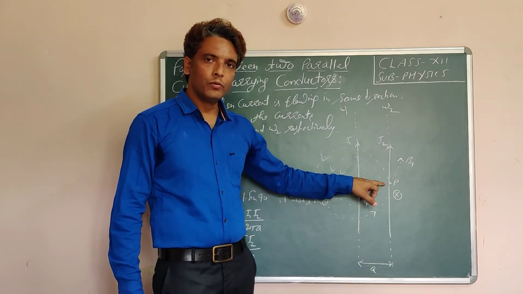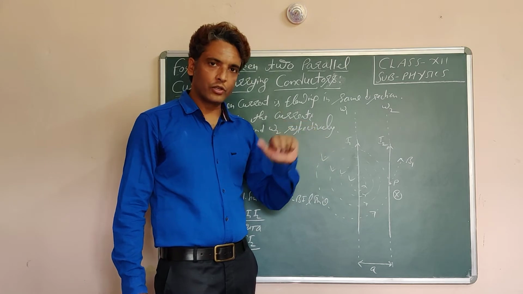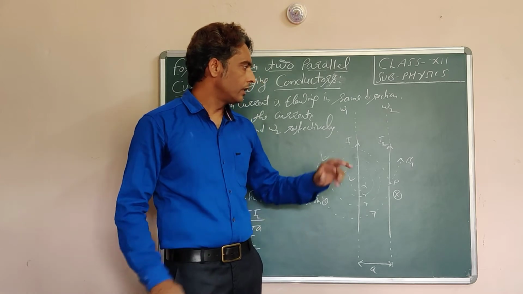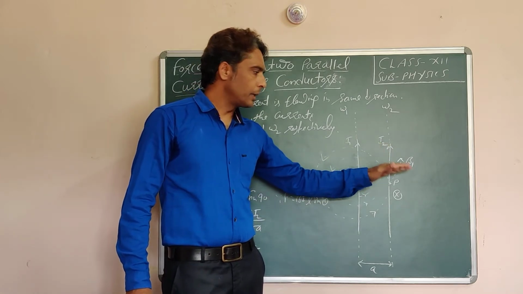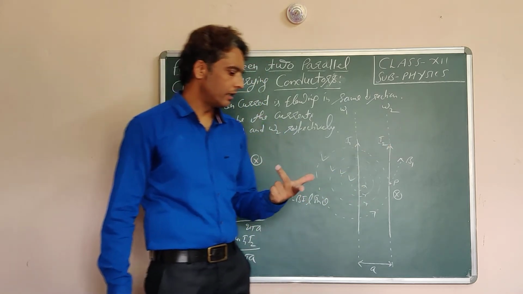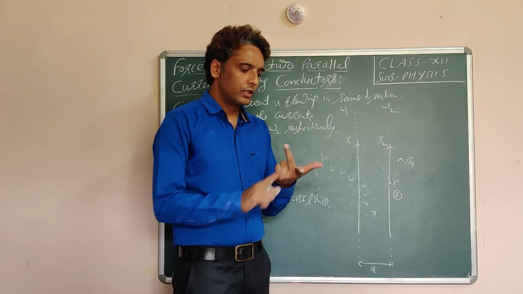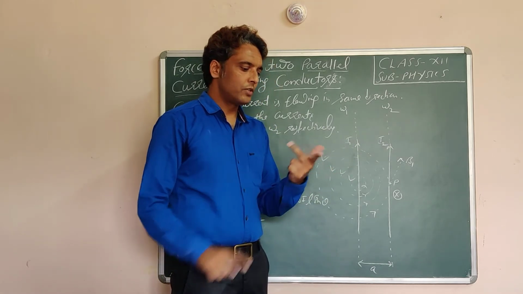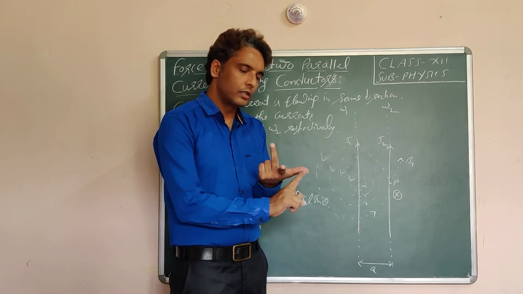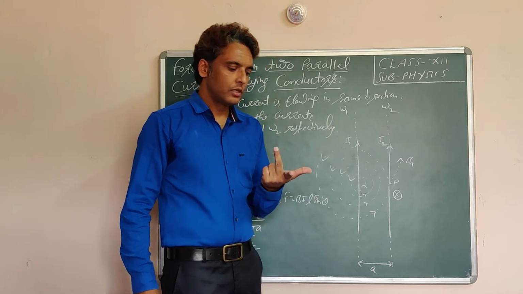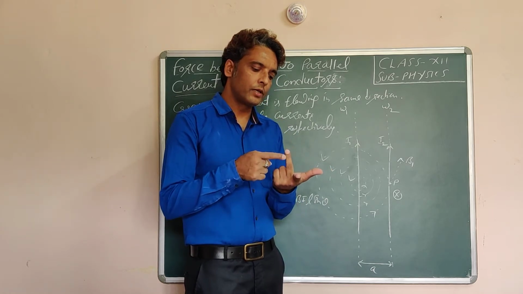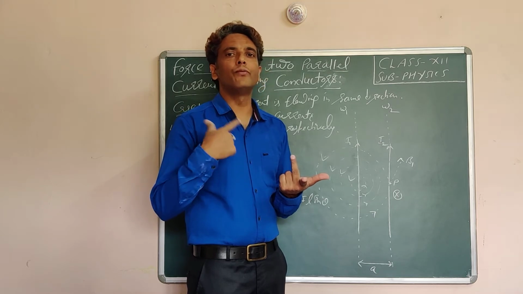As I told you in the last class, the direction of force experienced by a current carrying conductor in a magnetic field, when the angle between current and magnetic field is 90 degrees, is given by Fleming's left hand rule. If we stretch our left hand such that the forefinger, central finger and thumb are mutually perpendicular to each other, and the forefinger points in the direction of magnetic field, the central finger points in the direction of current, then the direction of force is given by